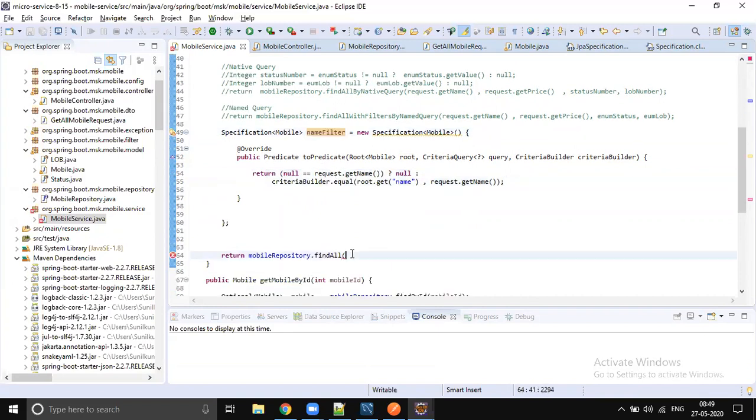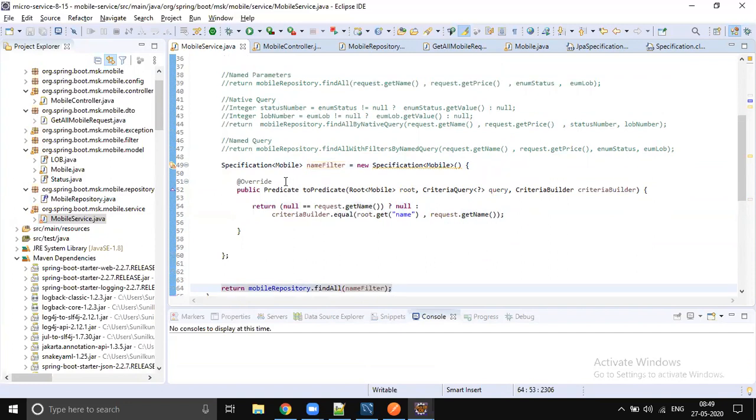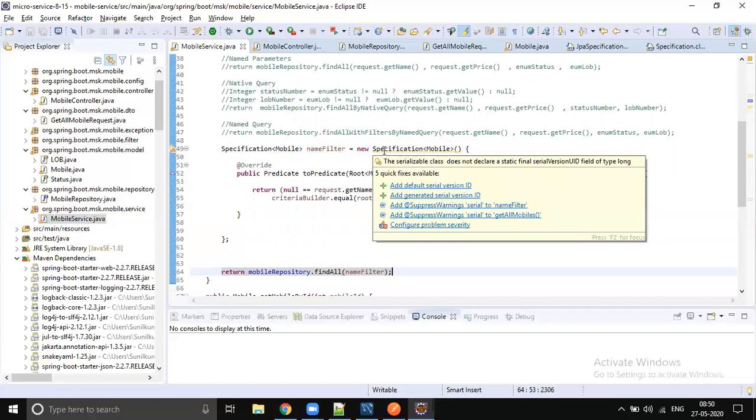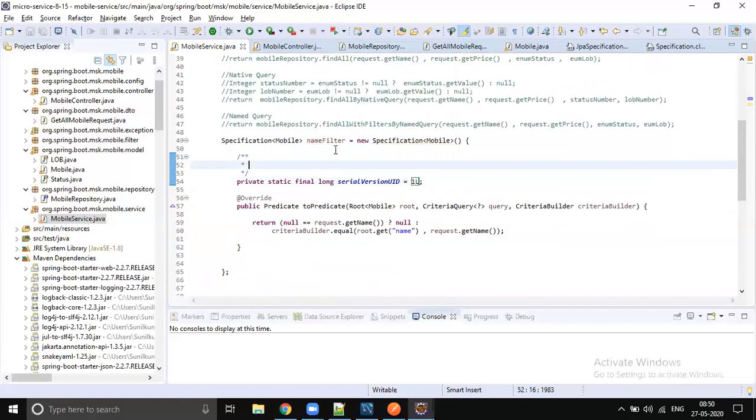Okay, so now let's send the name. We will write a few more, right? Price, status, LOB, so that you will understand how to join more than one, right? So some default serial version ID, let it be there. Fine. Okay.